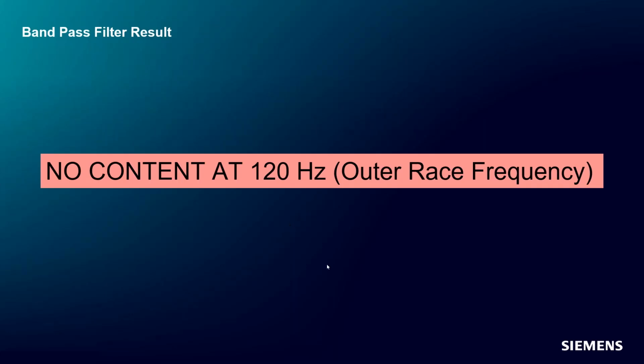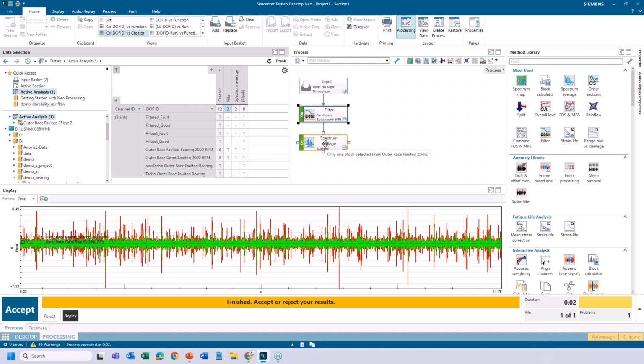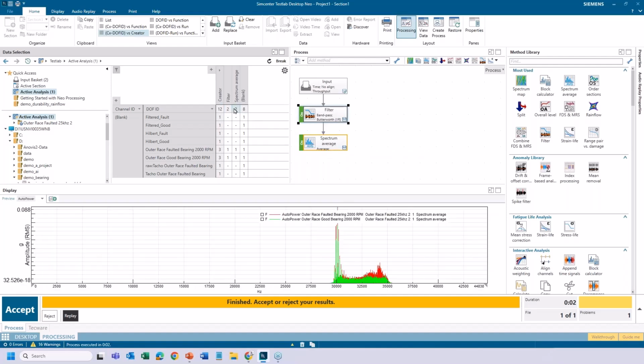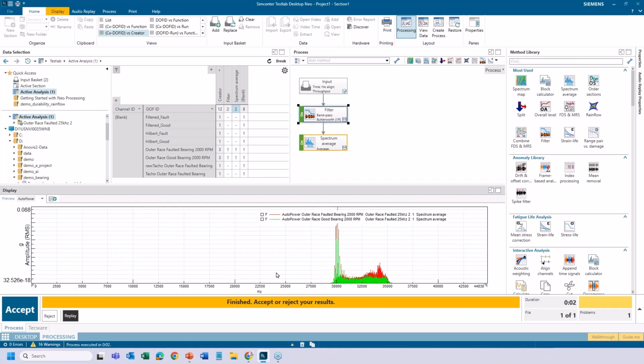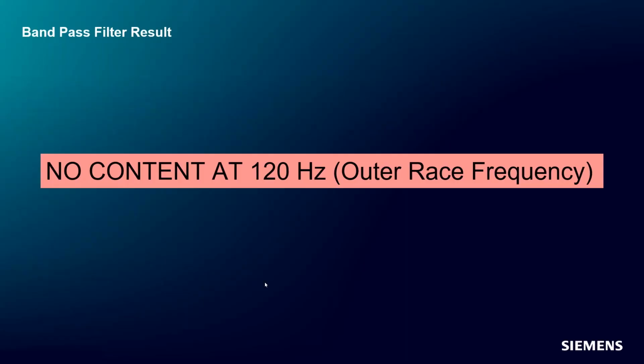Well, let's take a look at that. So I had the spectrum here. If I go and look at the spectrum of the good and the bad bearing, yes, the bad bearing shows a lot more vibration up here, but down here, there's nothing going on. We really lost some information here, and we'd like to get it back. Do you have a thought on how you might find our 120 hertz fault frequency again?